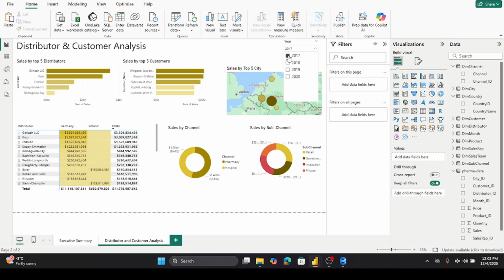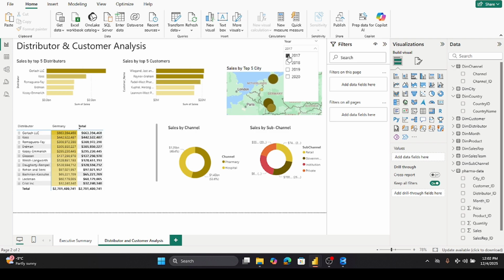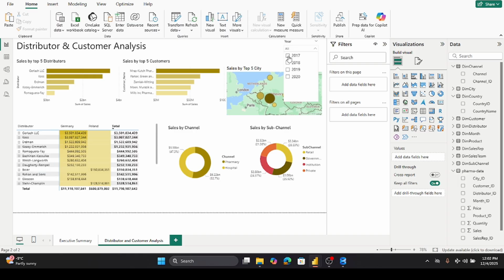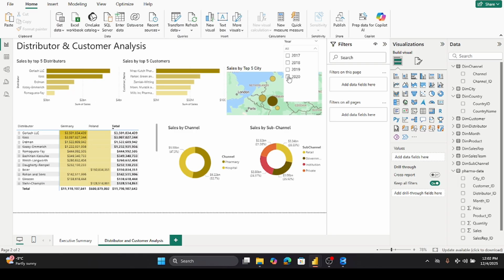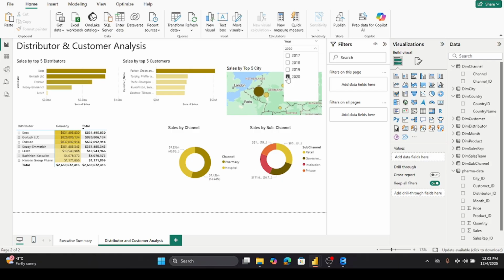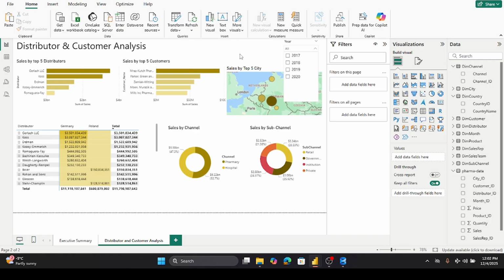We can use 17, we can use 18, 2020, and so on. So this one, we have already completed our